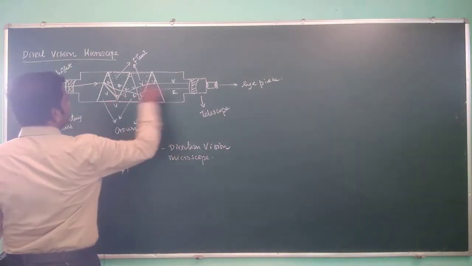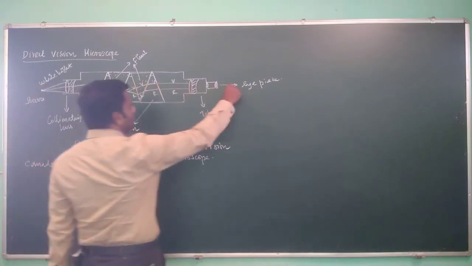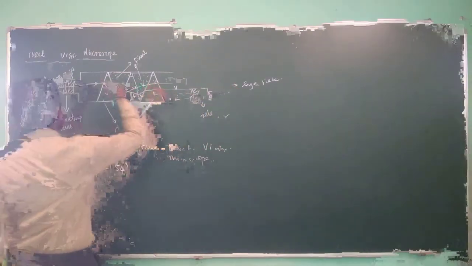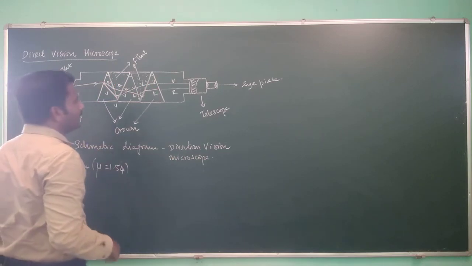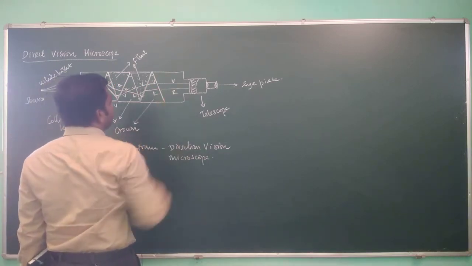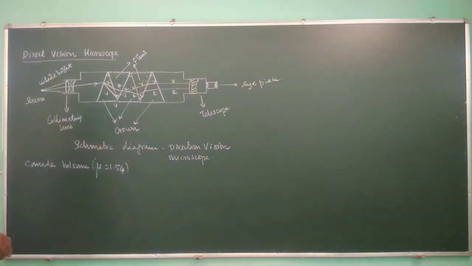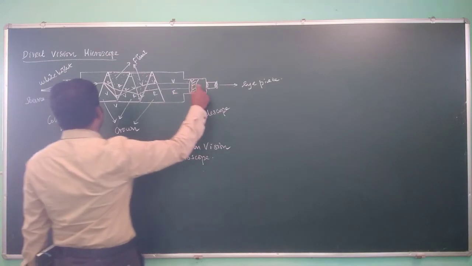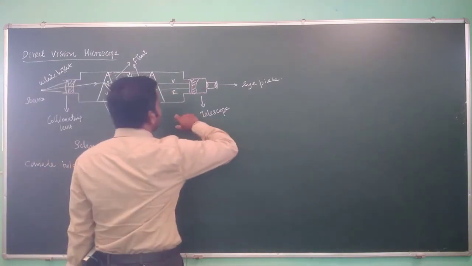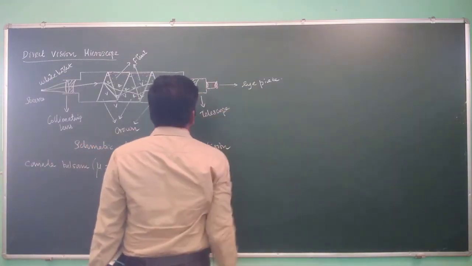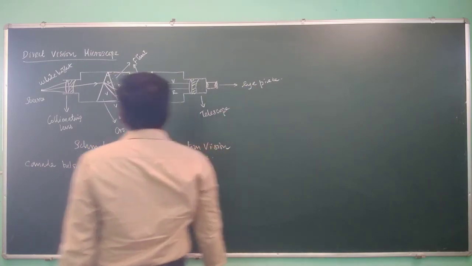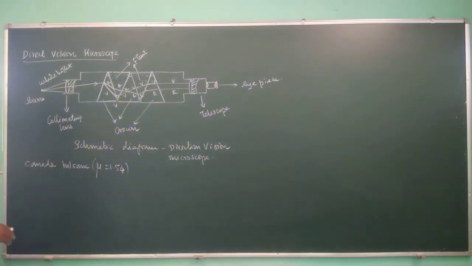At the end we have parallel light having multiple colors. In the beginning it is white, and at the end we have the flipped colors, violet at the top and red at the bottom, so inverted colors appear parallel to the incoming white light, which you can observe in the eyepiece, right? This is the functioning of the direct vision microscope.